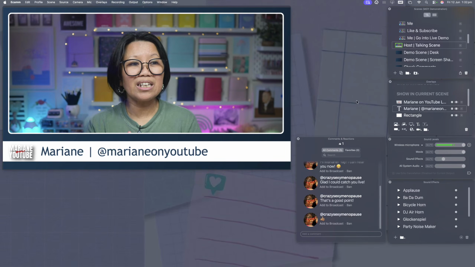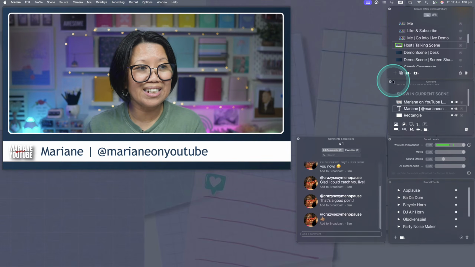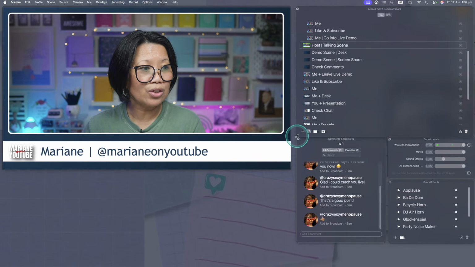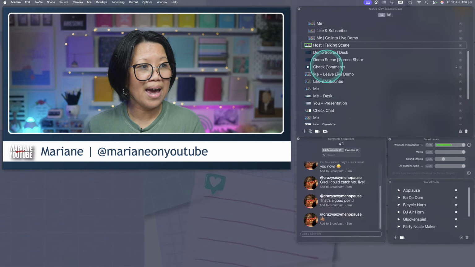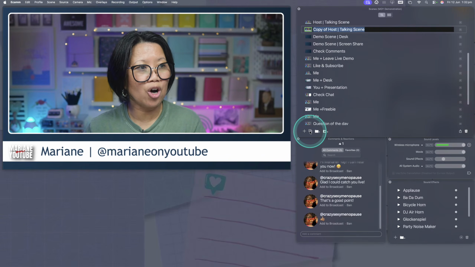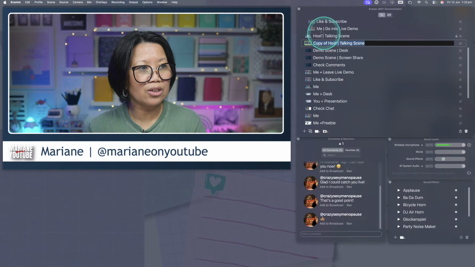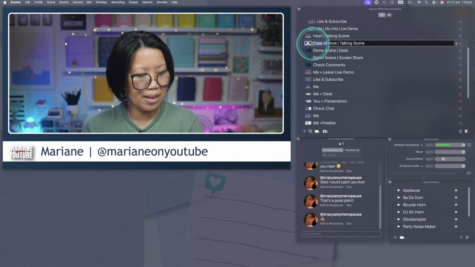And then later you can duplicate this exact scene. So then that way you may have it. So here it's highlighted. You can see that faint gray line, and then these two little boxes is a copy. So all it did is copied that one. So host talking scene, maybe this one is host